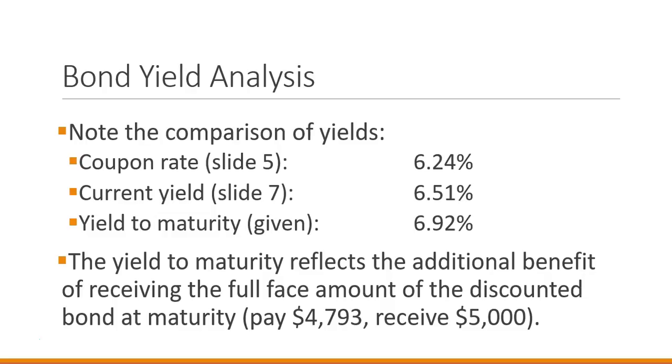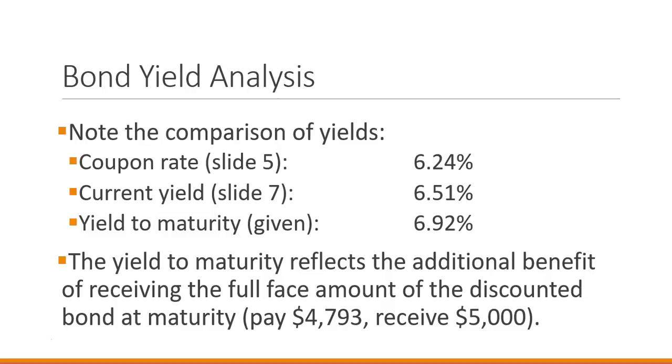In our final comment, the yield to maturity, again given. We haven't calculated the yield to maturity. In this case, it's simply given to us. Note that that is the highest yield in this example. What gives us the additional yield in yield to maturity as compared to current yield is that maturity means date